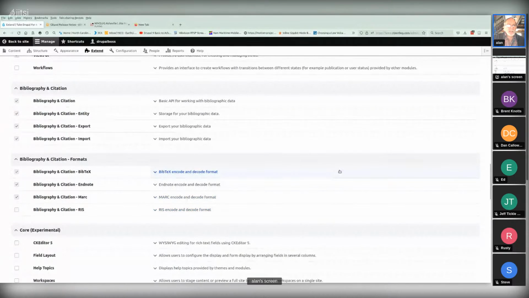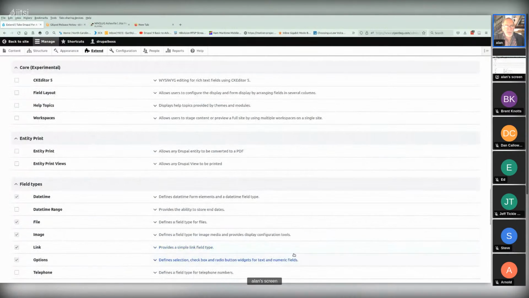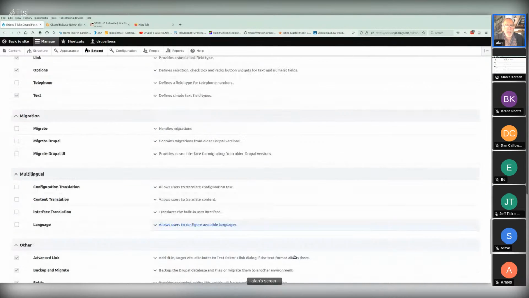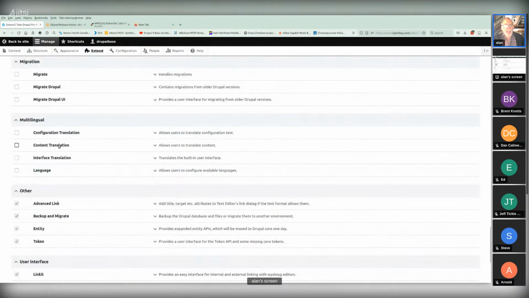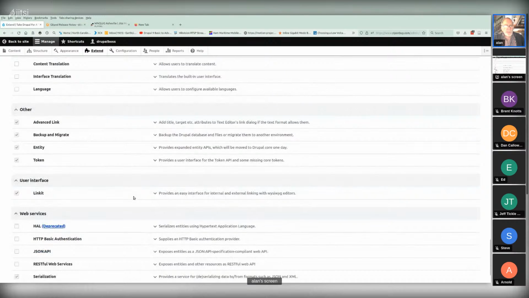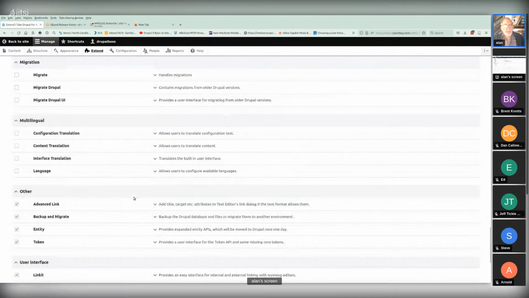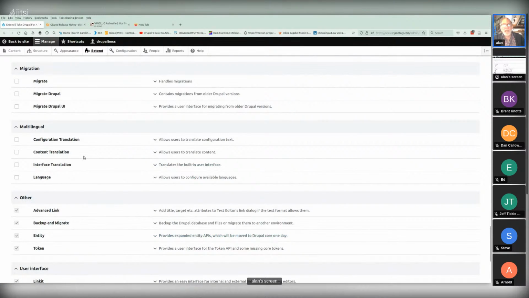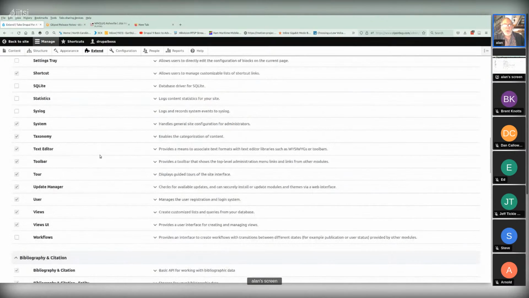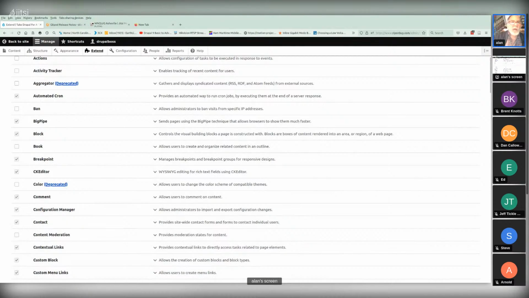I've added another contrib module called biography and citation, and some other optional contributed modules. The migrate. Anyway, you can highly customize what your site is going to look like. To quickly demonstrate that,